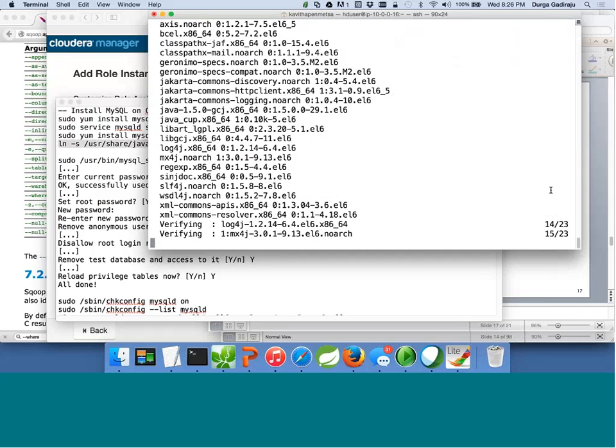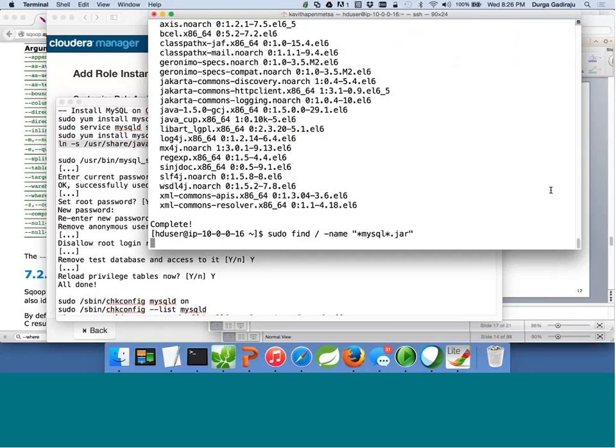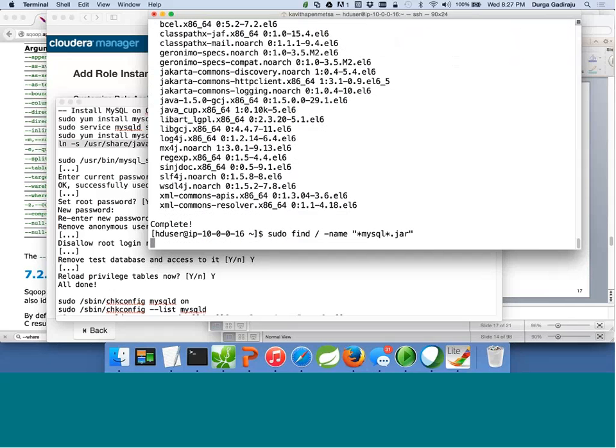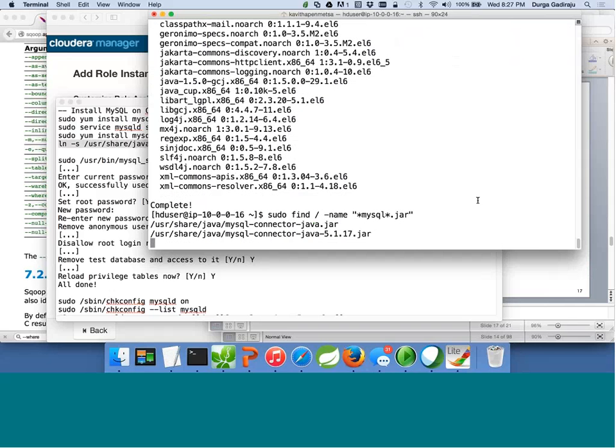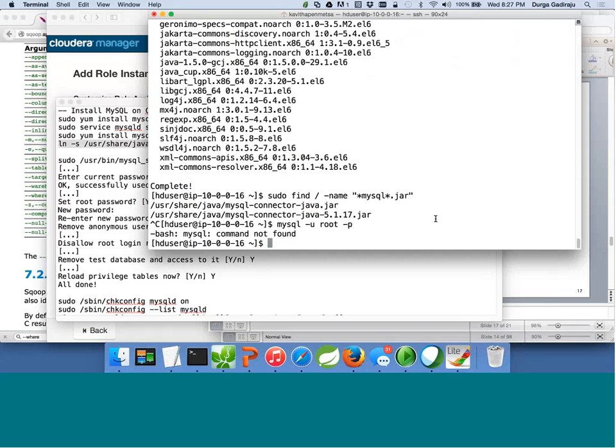Now it is installed. Now if you run sudo find -name mysql*.jar, you can find this. But if you run mysql -u root -p, as there is no MySQL database here, this command will fail. So now using this jar file, we can connect to any